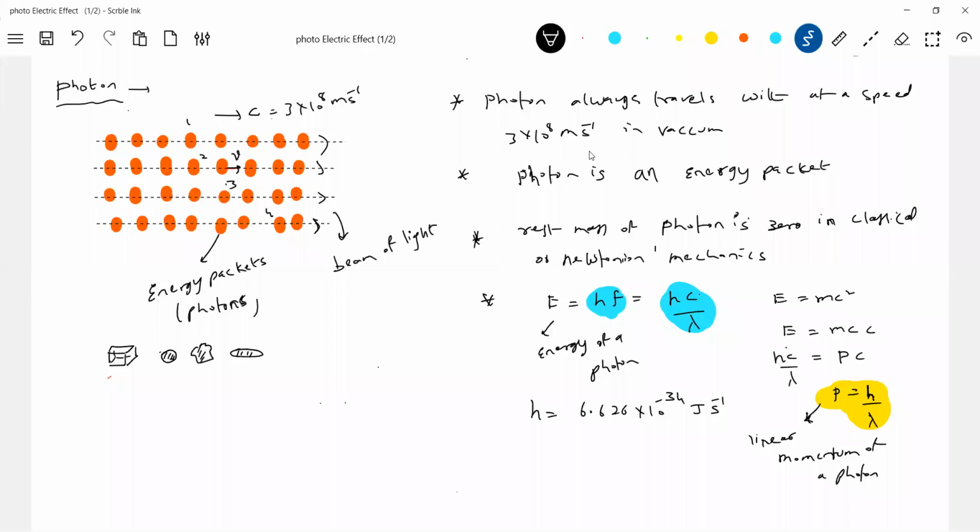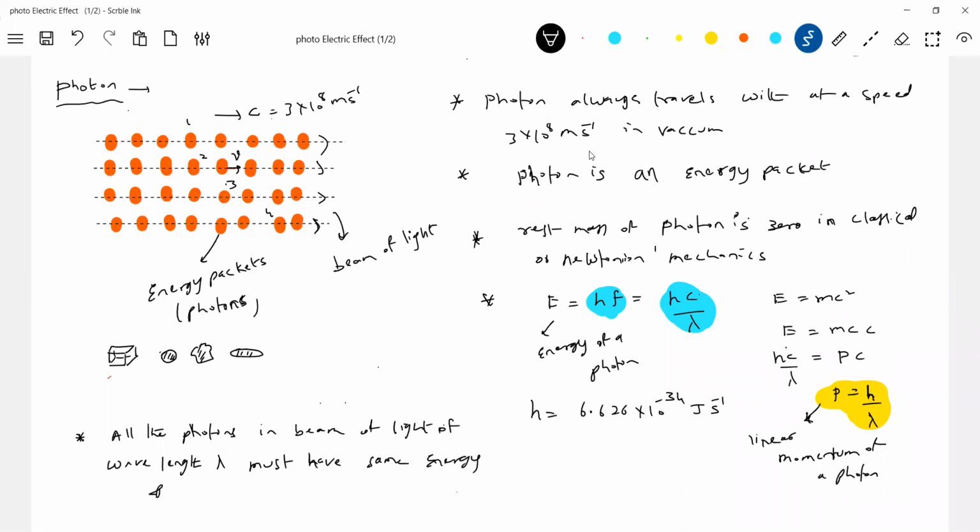No, all the photons in a beam of light of wavelength lambda must have the same energy and